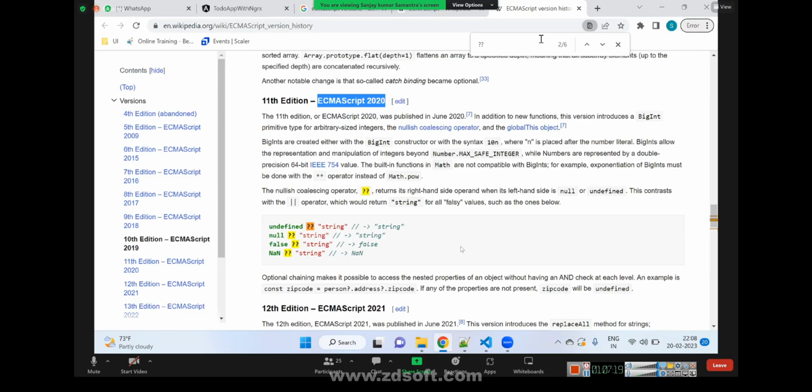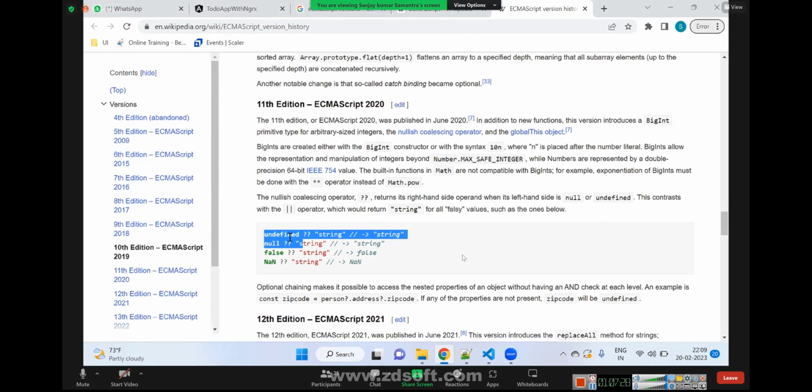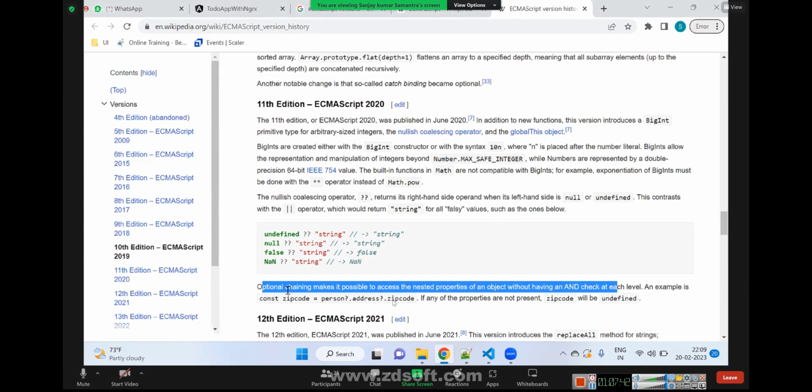Okay, it means if the value is null or undefined, then take the second value. If the left hand side is undefined or null, take the second value, or else the left hand value. Yes. And that question mark dot is to avoid the error, right? Yeah, optional chaining makes it possible to access the nested properties of an object without having an explicit check at each level. When it was not there,